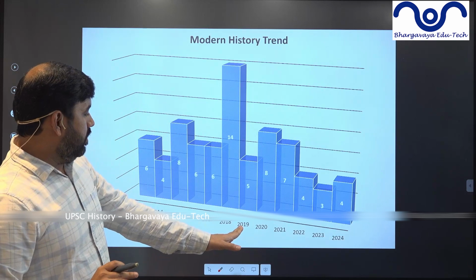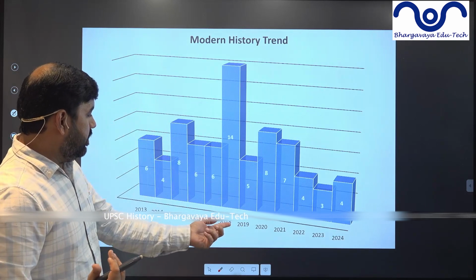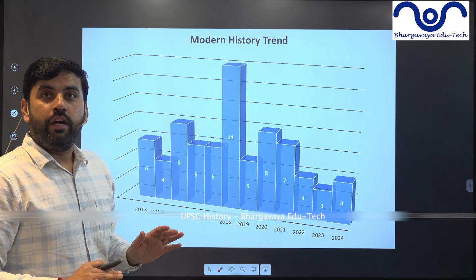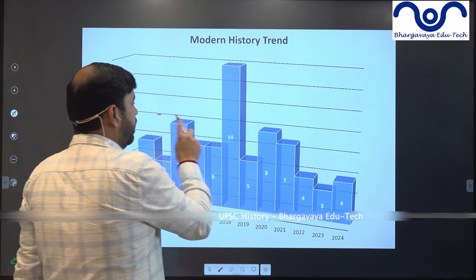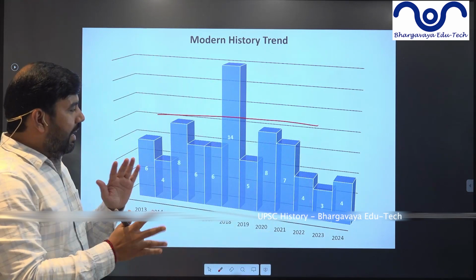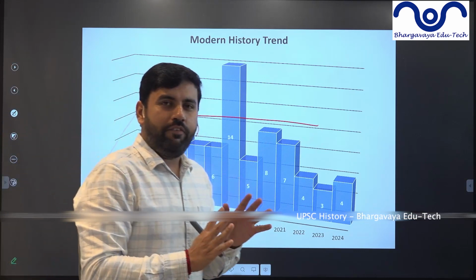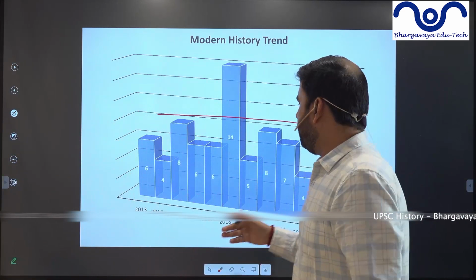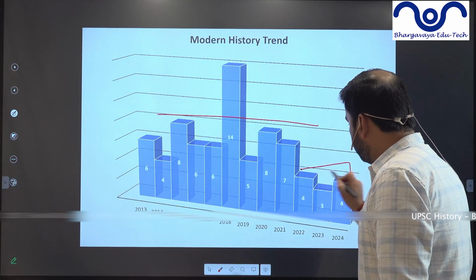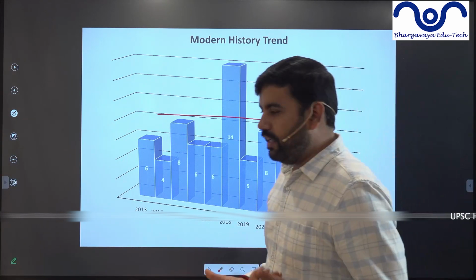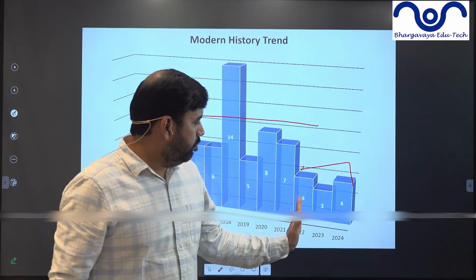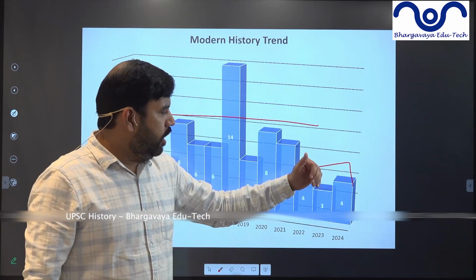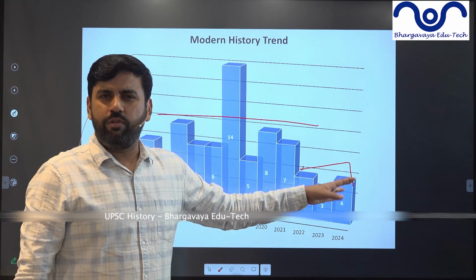Now 2018, I don't know why UPSC did that. They were high or what, I don't know. They asked 14 questions from here, right? On an average, they're asking around 4 to 5. At max, they will go to 8 questions. So in the last 3 years, because that is the trend that we must follow, you can see 4, 3, 4. 2025 is coming. So we are expecting they will ask just 4 to 5 questions here as well.